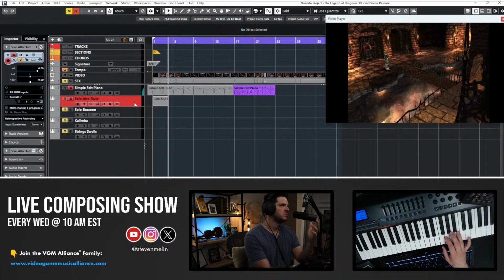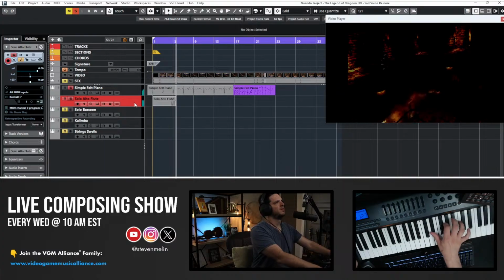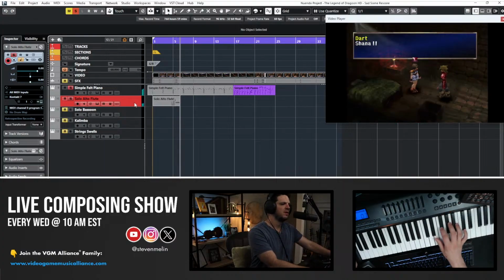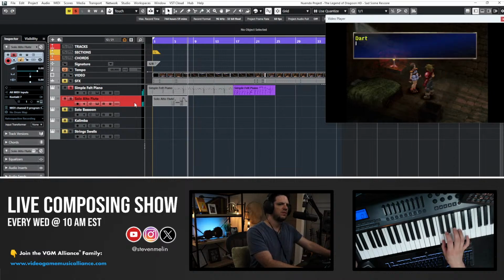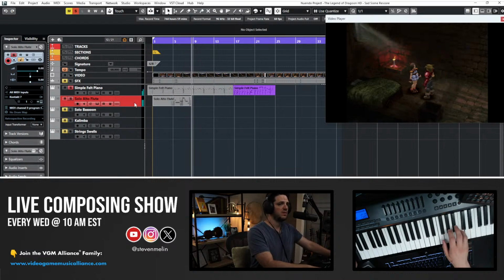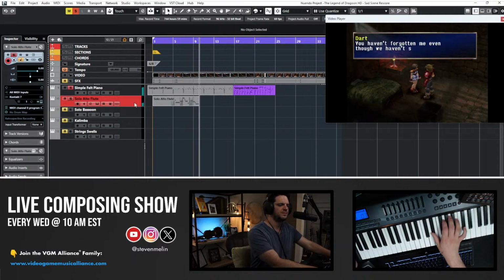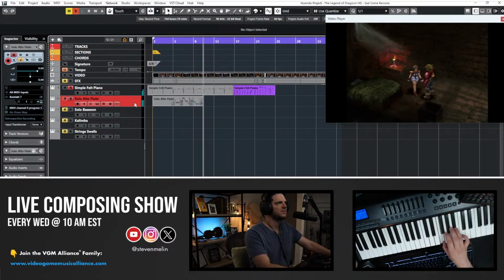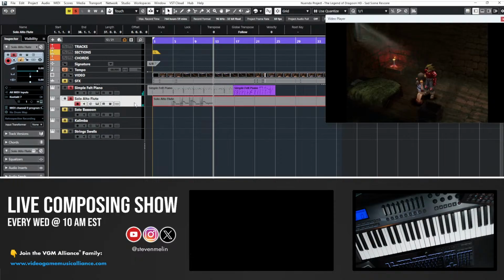Here it comes. Mod wheel up. Those kind of clash a little bit, so I want to be careful.